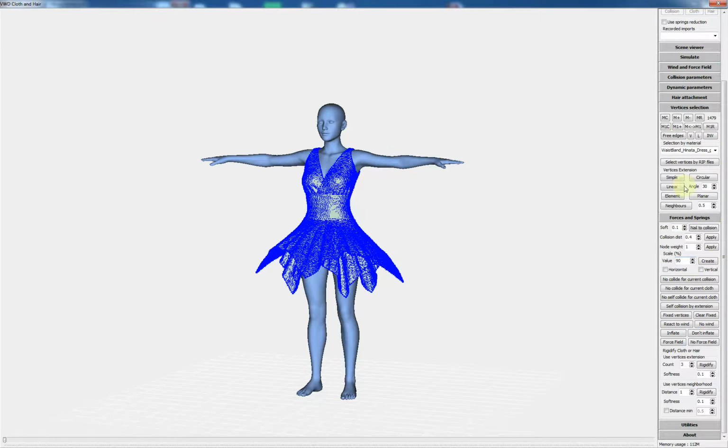So I will select this part, and I make a scale value using 90 in the two directions, and I apply the function.